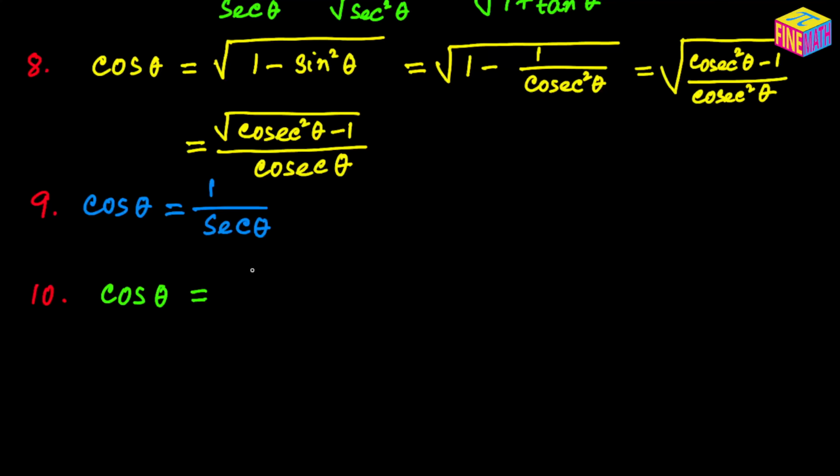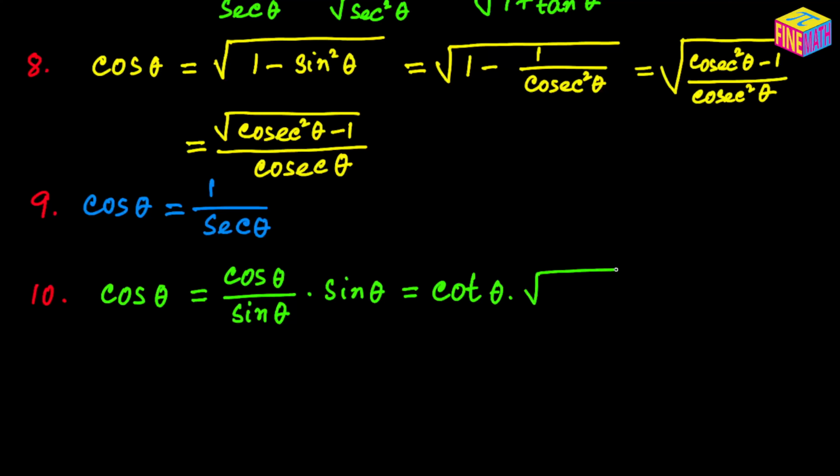So if you can do this little trick, we can write it as cosine of theta divided by, I am forcefully dividing it by sine of theta, because I know this will give me cotangent of theta, and then I am multiplying by sine of theta. So from here we get cotangent of theta times sine of theta. Can we write it as square root of sine squared theta? And then we are going to write it as cotangent theta, which is outside, it will stay as is, cotangent